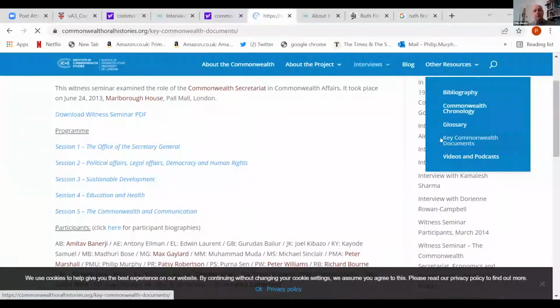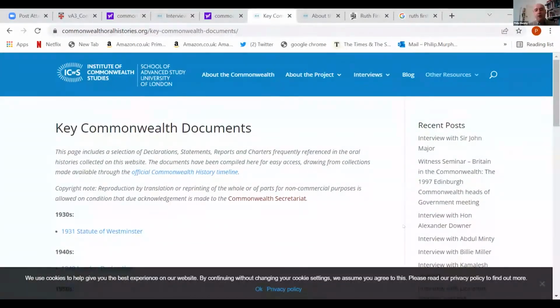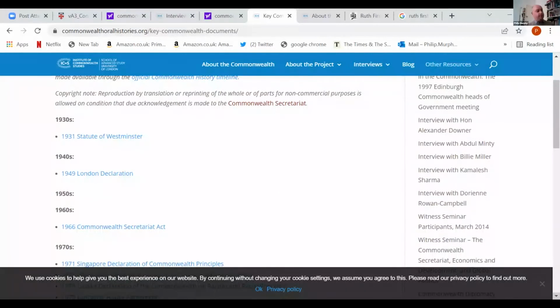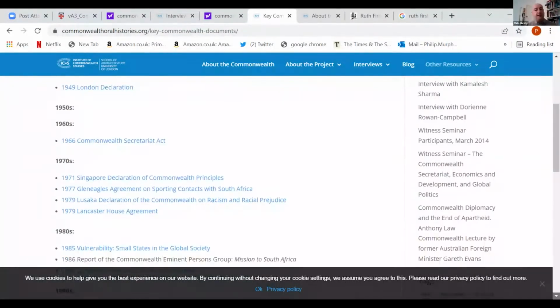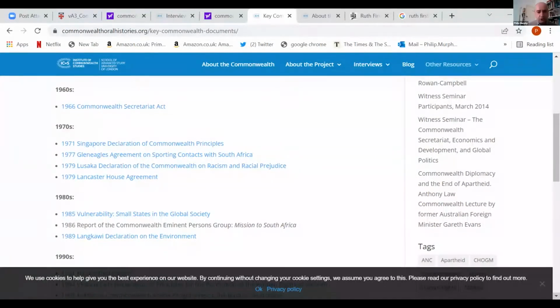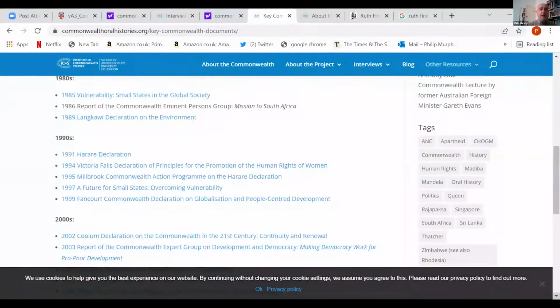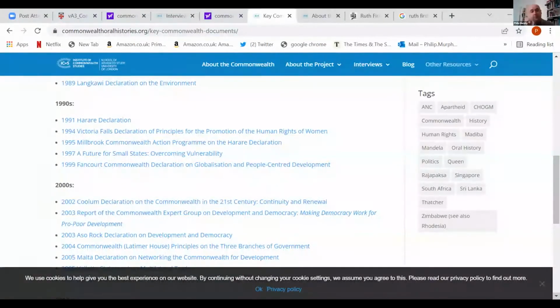But also, I'm just going to click on this, key documents on the history of the Commonwealth. And this is in itself, I think, a really useful resource. So you've got things like the Statute of Westminster, the London Declaration of 1949, and then these various declarations of principles, agreements, the famous Gleneagles Agreement on sporting contacts. And I think we're probably the only place to keep these digitized records of key documents all together online. The Commonwealth Secretariat's website used to have some of these, but they're not always available when you click on them. So as a compilation of different resources,